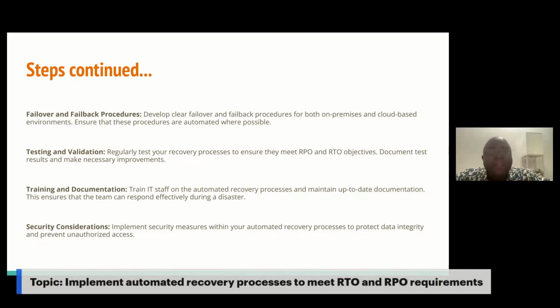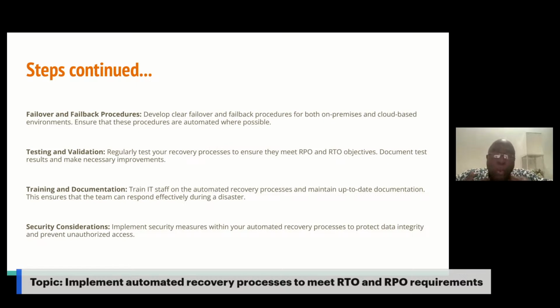Now, another very important step is that you need to do training, and you need to document. Documentation is important, like you have a deployment plan. It is important so that the people in your team, or new members of your team, would know how to follow along and how to work with whatever you've done, so that nobody is left in the dark.